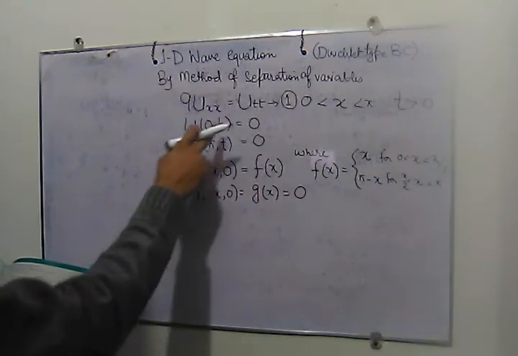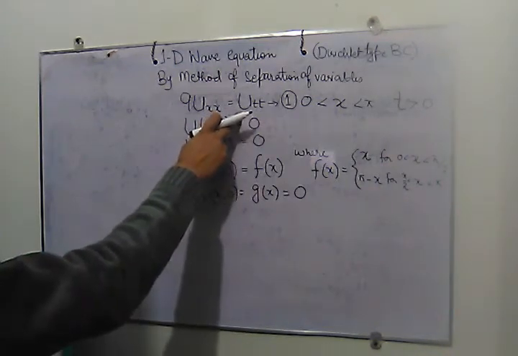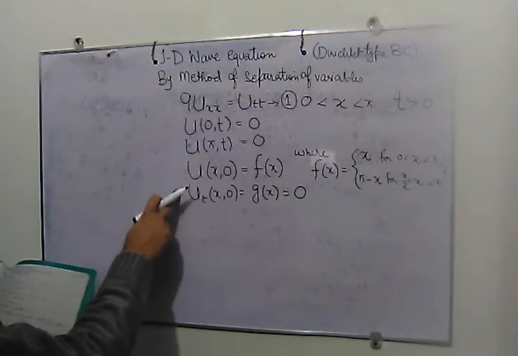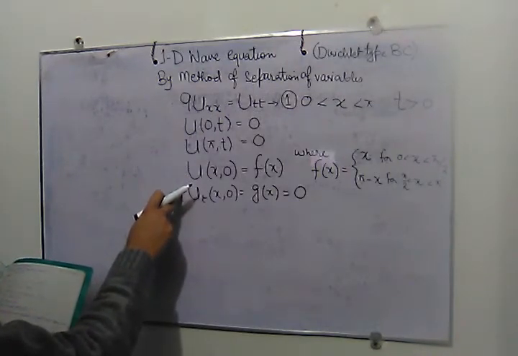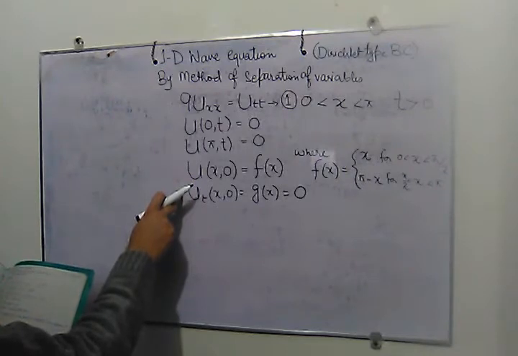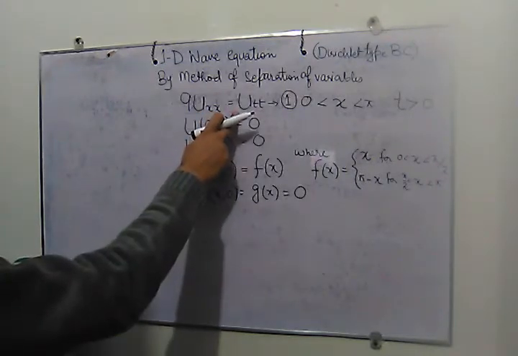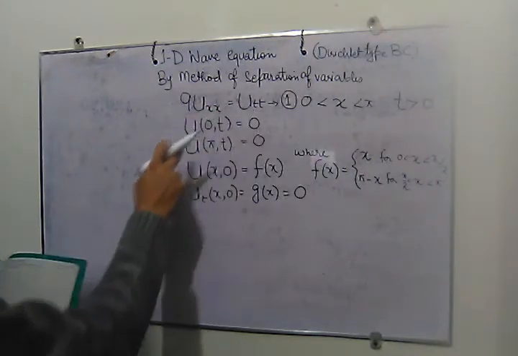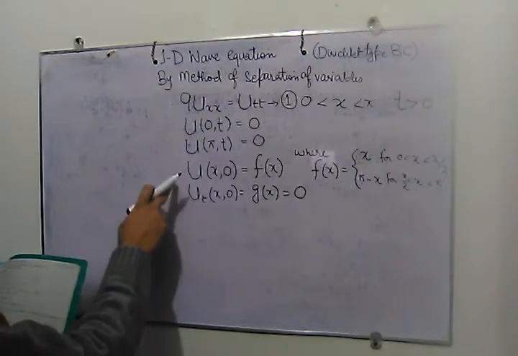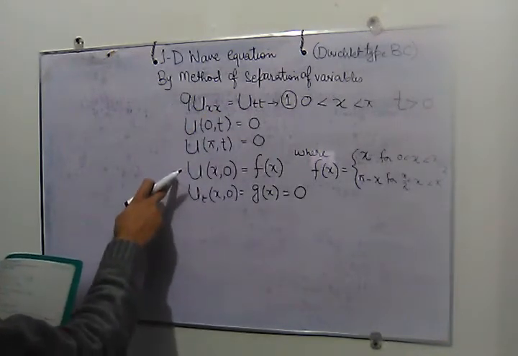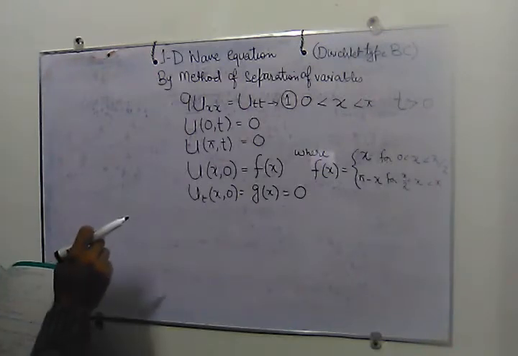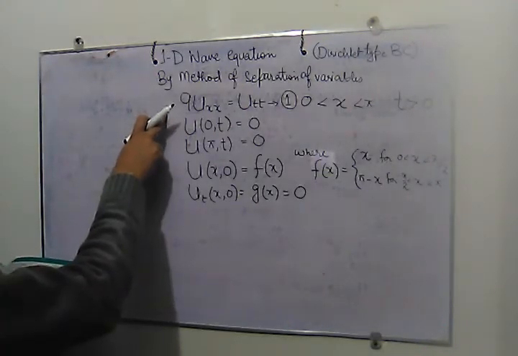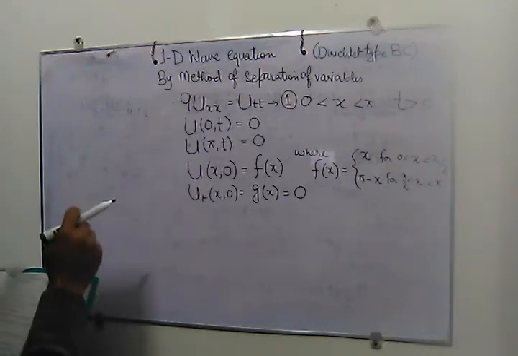Since there is a double derivative with respect to time, the initial conditions are two, as compared to when we solve the heat equation, where we have a single derivative with respect to time. So we had there one initial condition. But in order to solve this equation, we need two initial conditions to find the particular solution.